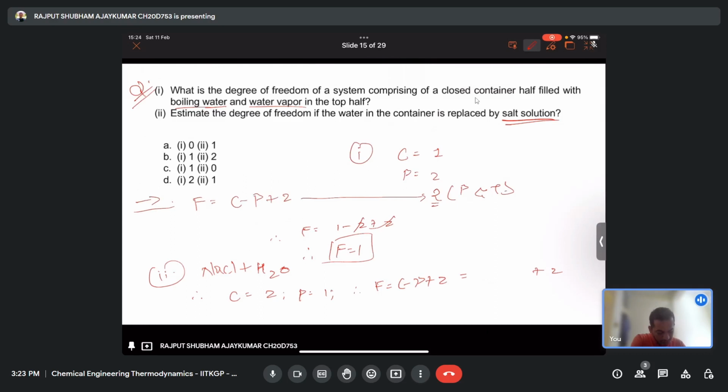So estimate the degree of freedom if the water in the container is replaced by salt solution. Yeah, so here I just got tricked because it's a salt solution. But please remember, if a solution is given, there will be 2 different things. Just take as NaCl or KCl plus H2O. So the components are 2 components, NaCl and water. So number of components is 1, number of phases is 1. So what will happen is that